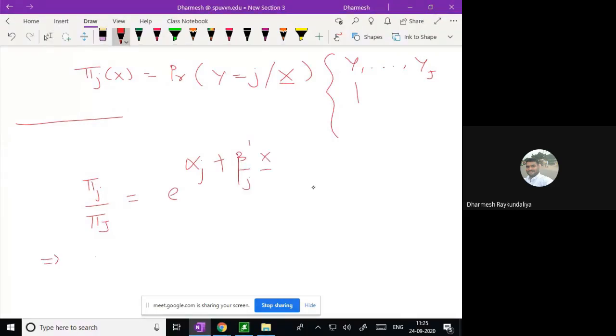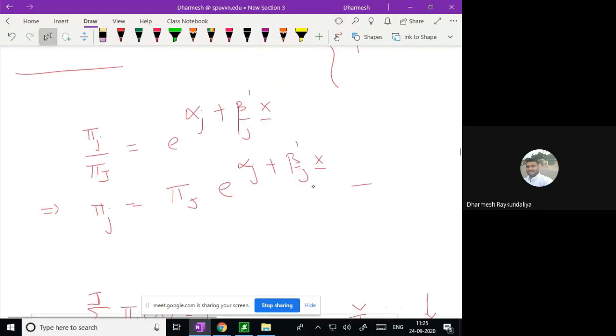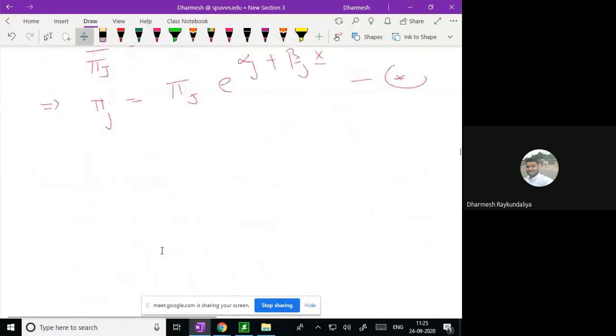So what is the pi j? Pi j is equal to capital pi J e power alpha j plus beta j dash x. Now I have to find out pi j x. I know that the summation j equal to 1 to capital J pi j